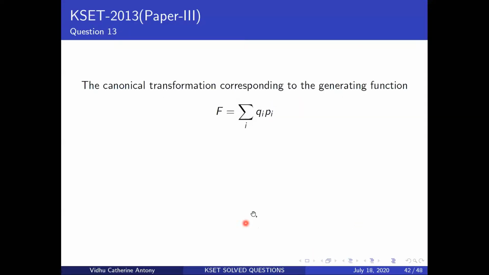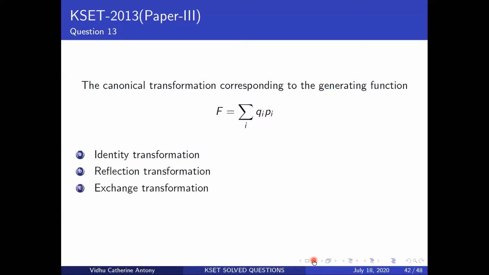Okay. So now when you're looking at canonical transformations, these are also called contact transformations. You're going from your old set of coordinates to a new set of coordinates. So you're basically going from a little q and little p to a big Q and a big P. That's what you're doing in contact transformations or canonical transformations. Here, we're looking at the canonical transformation corresponding to this generating function.